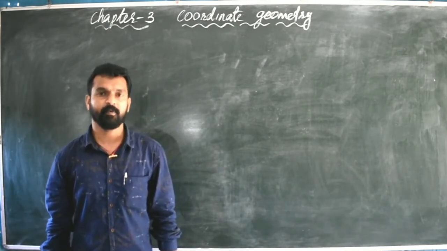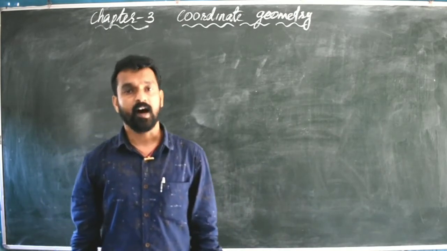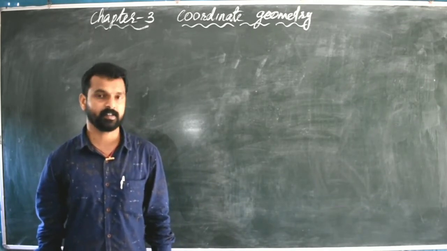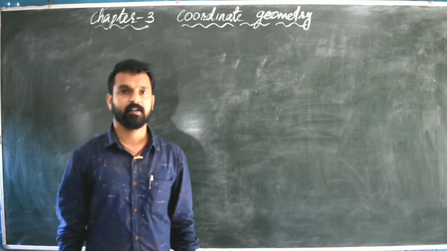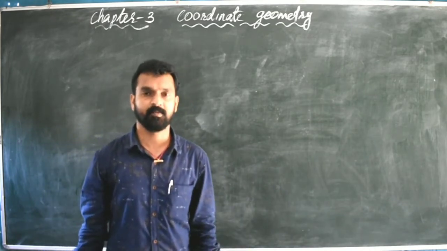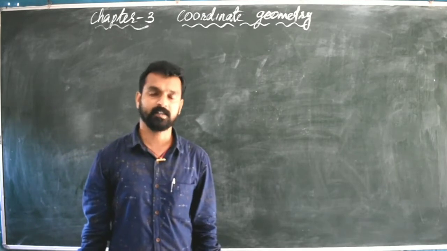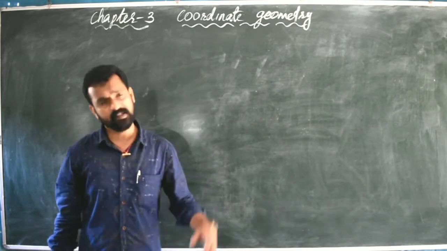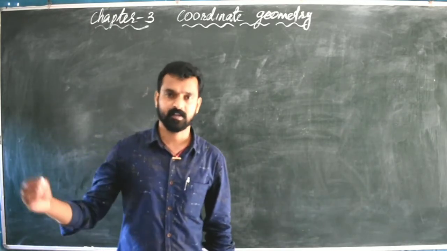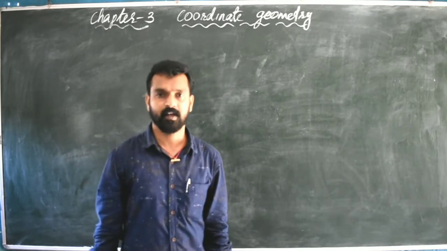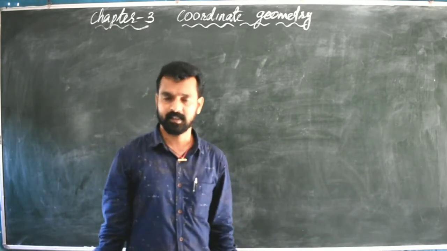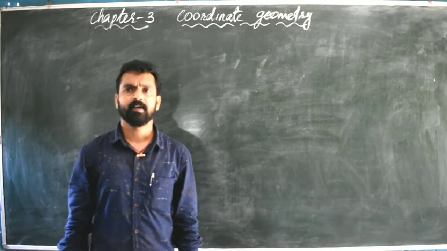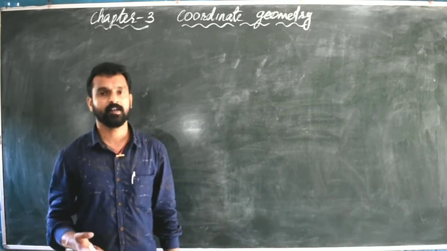Not only to locate a point on a plane do we use coordinate geometry; other situations also will come. That is, your position in the classroom where you are sitting, that also we can locate, or we can locate anything. For example, we can locate our school, where is the position of our school, by saying the direction, whether it is in the east direction or west direction or south direction, or where is the position of our church, or where is the position of our district collector's office, or anything we can locate like that. So how to locate the position of a thing, that also we are going to study here.